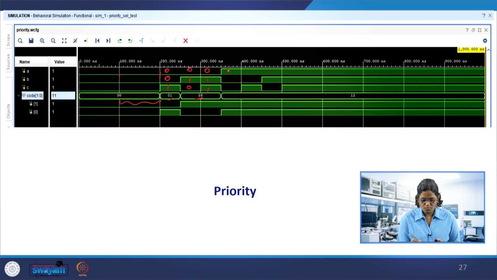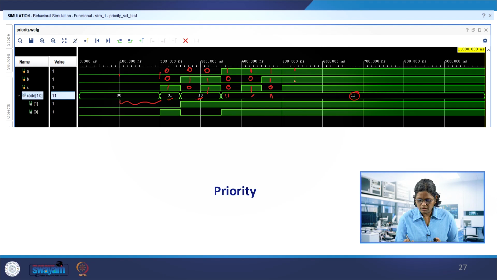After that, A is 1 0 0, so A takes the priority, which gives 1 1. Then 1 0 1, A and C, here again A takes the priority, 1 1. Then 1 1 0, among A and B, again A takes the priority, 1 1.